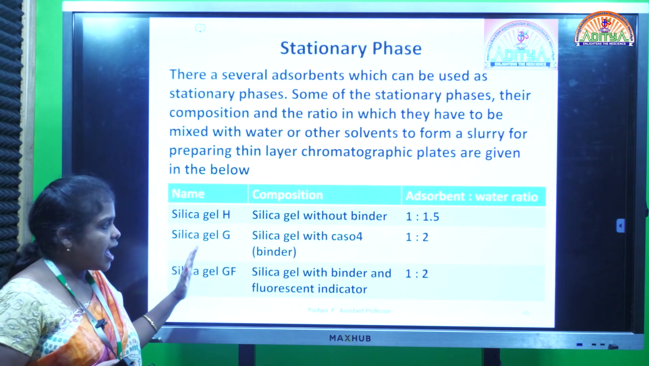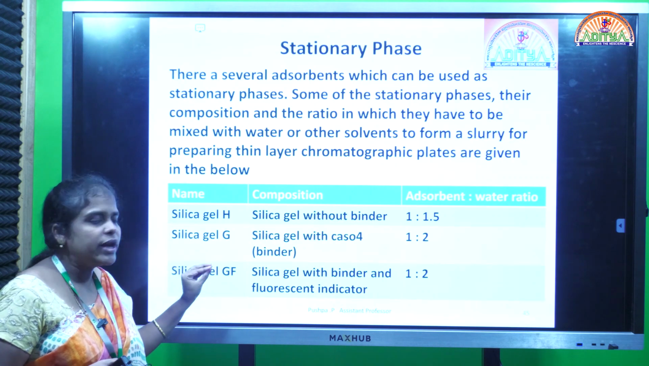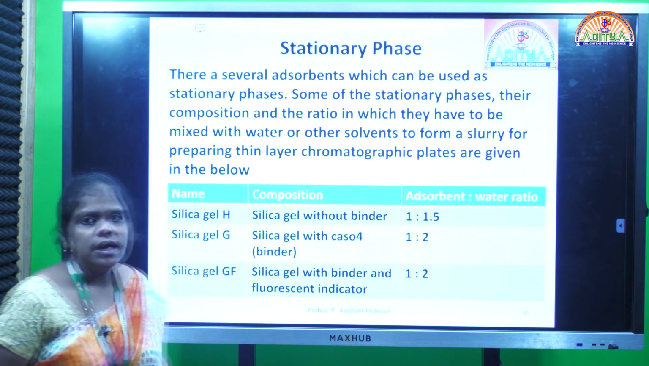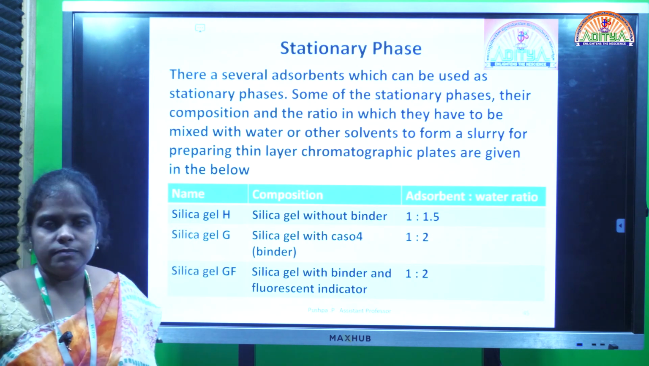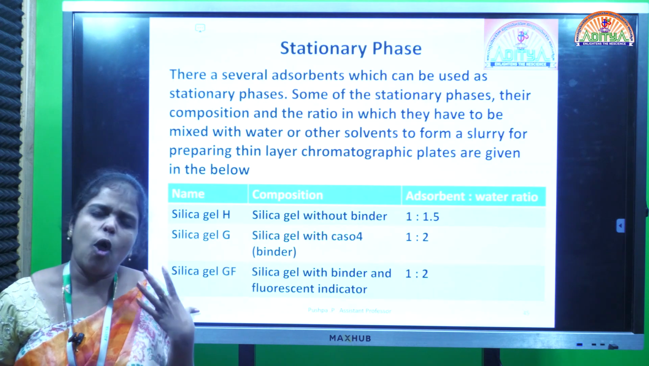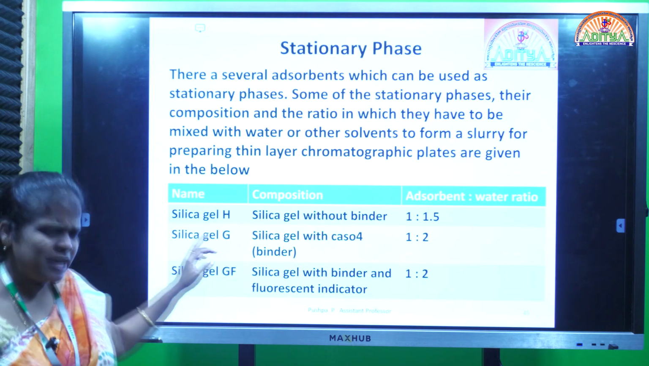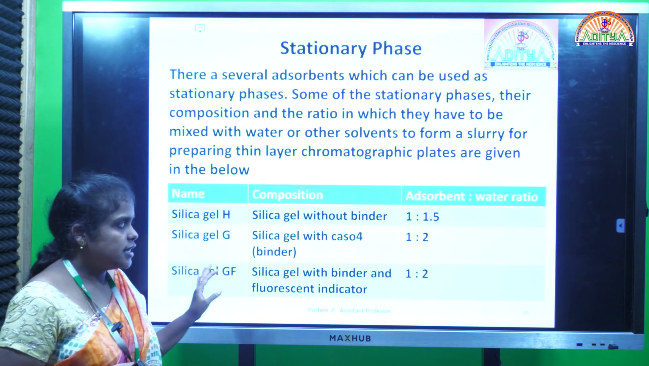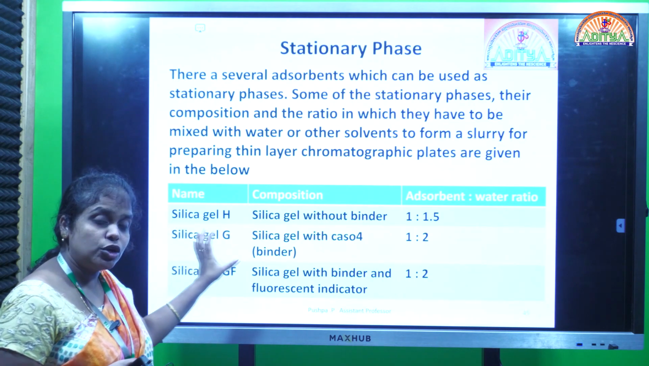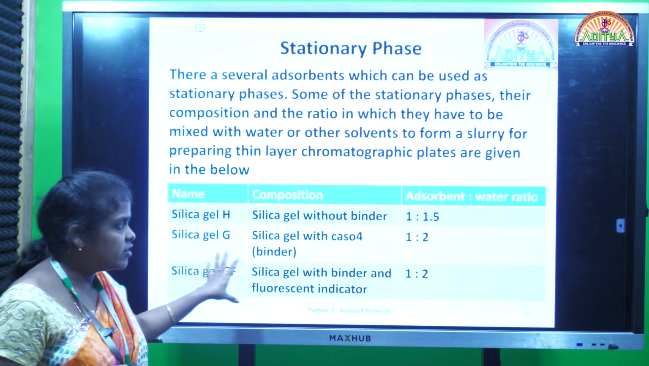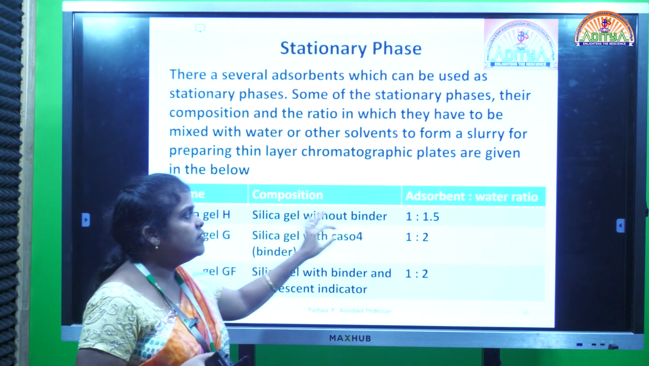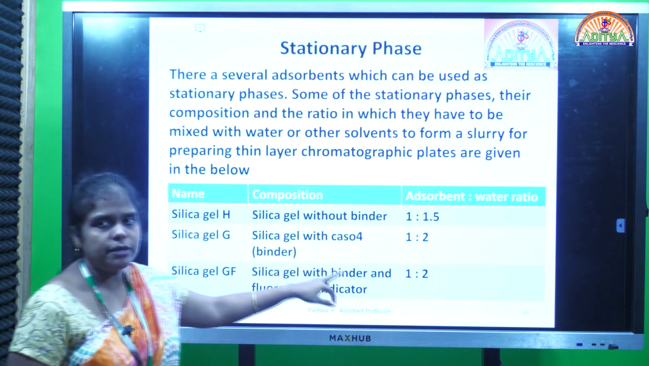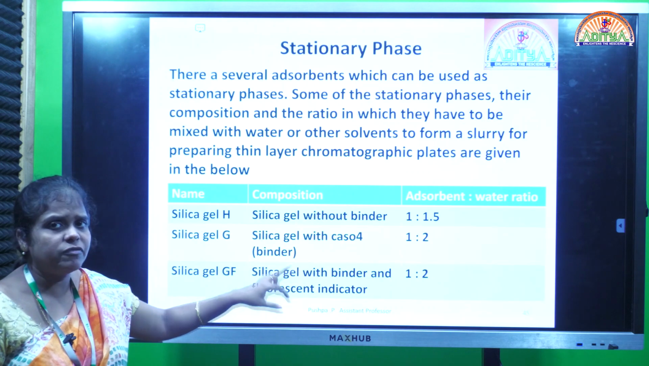So here I have given you a few examples regarding what type of stationary phases we will use. First of all, silica gel H. Silica gel is a silica-containing powder, a commonly used stationary phase. So what is meant by silica gel H? H means high grade silica gel. That means only silica gel powder we will use, that too high grade, and to that silica gel we will add water in the ratio of 1:1.5. That means if you are taking 1 part of silica gel powder,